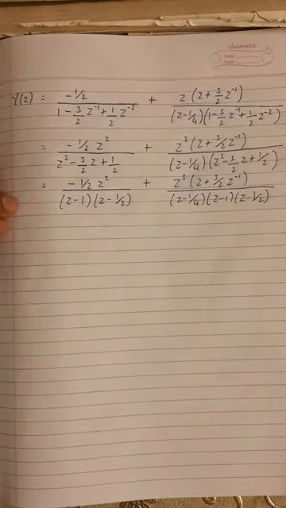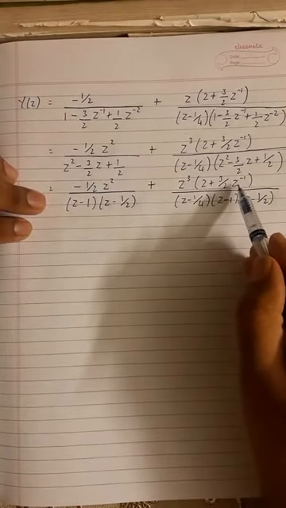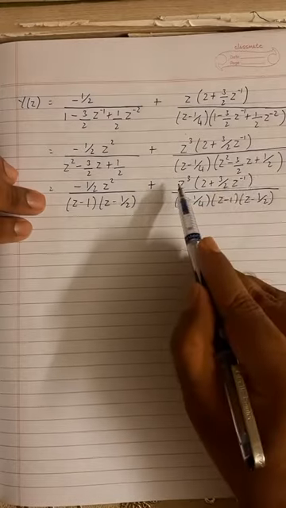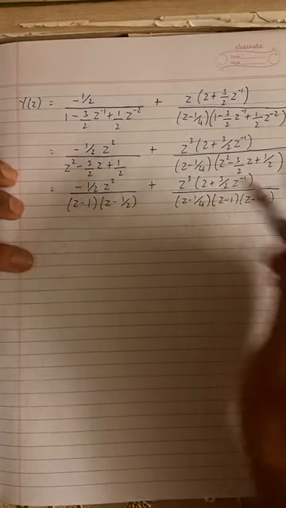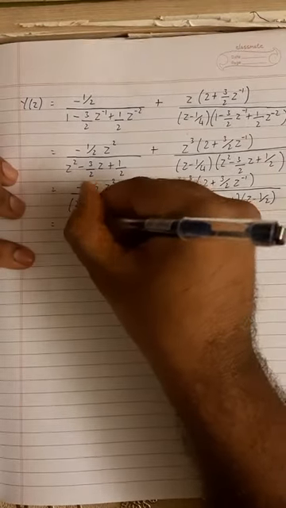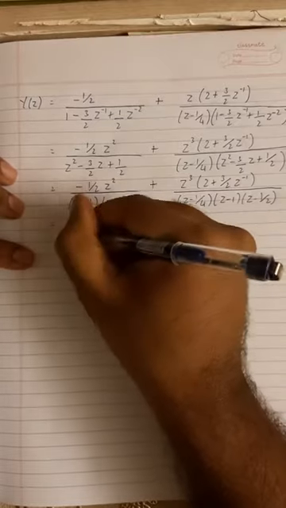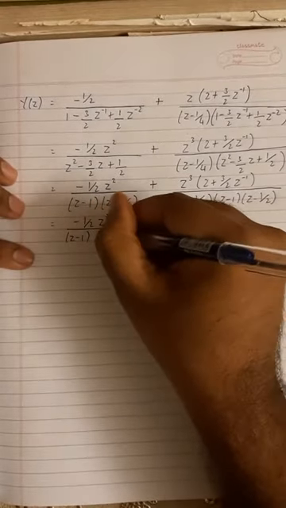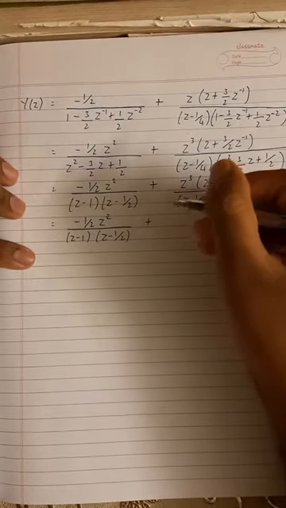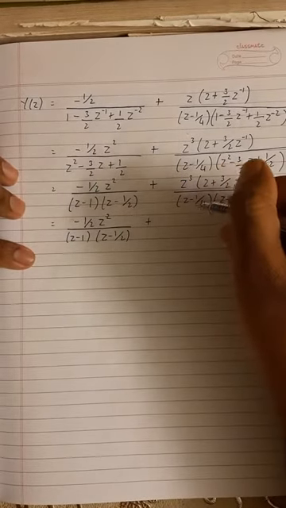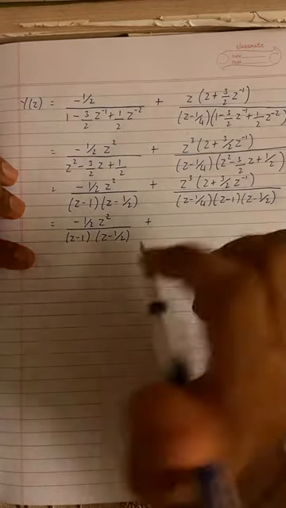Maybe here also there is a z raised to minus 1, so I'll take one z from here and multiply it inside this so that I can remove this z over here. So this will become minus 1 by 2 z square by z minus 1 into z minus 1 by 2 plus, and this will become